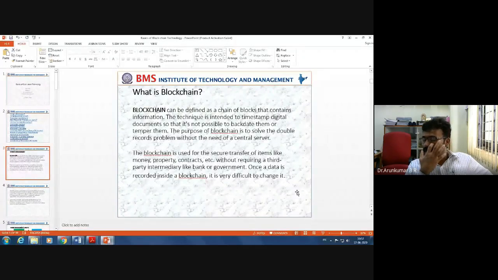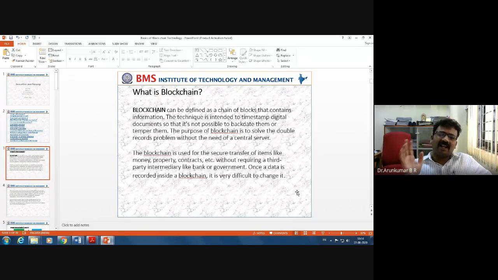But we want to avoid the third party involvement using the blockchain. Even strange users, if they follow blockchain rules and implement them, can work like a trustworthy entity.